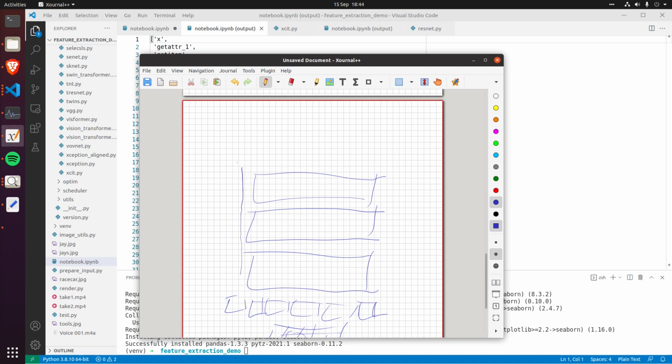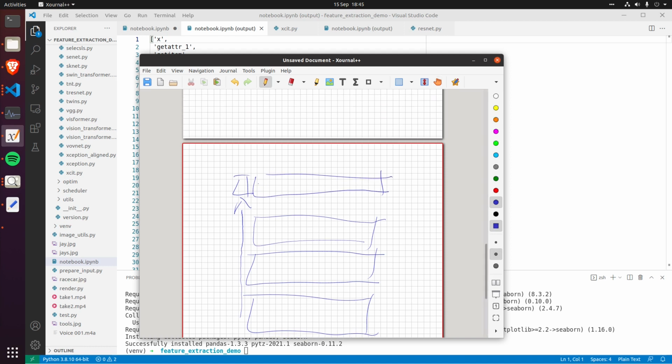I'm really just rushing through this because it's not part of the main topic, and that class token gets propagated to the top as well, along with all the patches from the image. And then at the end, there's this attention mechanism where the class token attends to all of the image patches, and then so